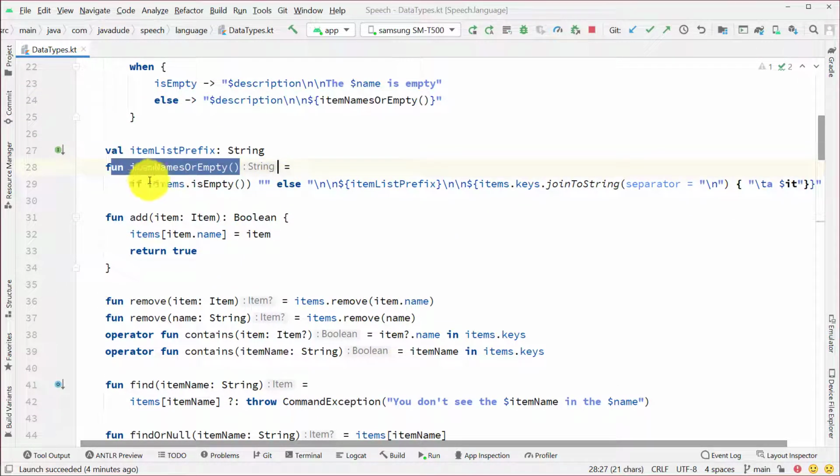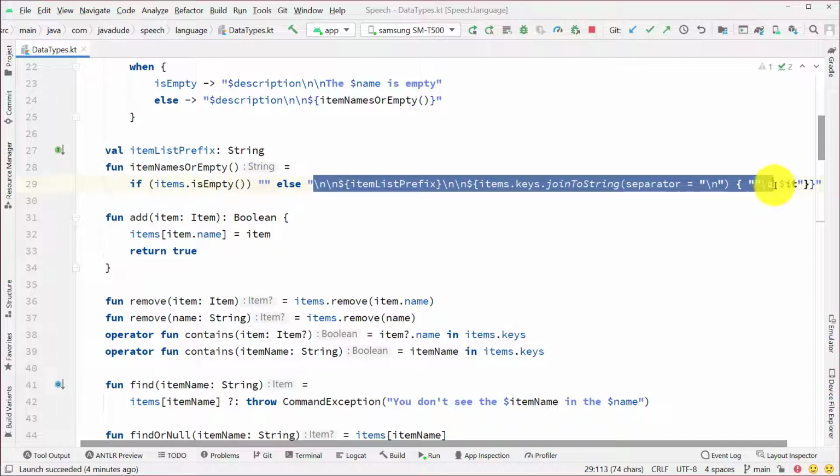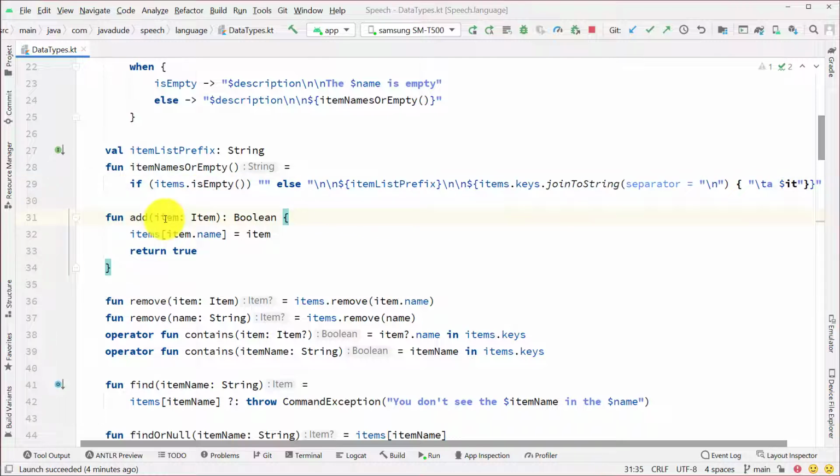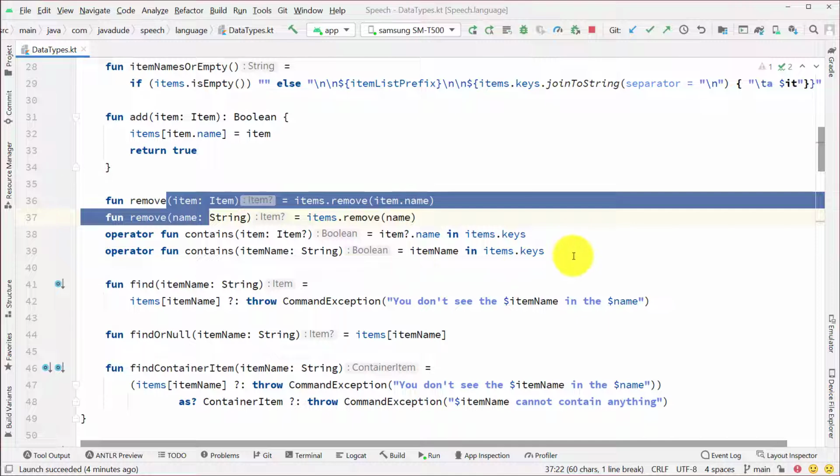Printing out the names is just going to say if it's empty, don't do anything. Otherwise, I'm going to create a list of a something, a something, a something underneath of it. I have some functions to add and remove things. And then I'm overriding these